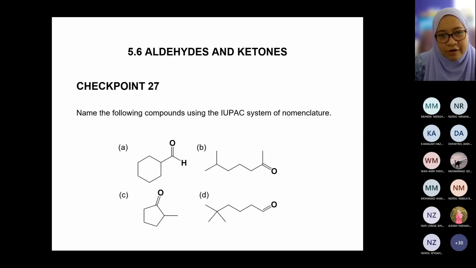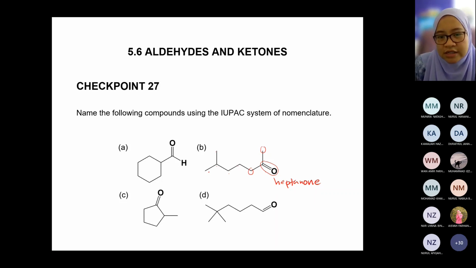Okay. So name the following compound using the IUPAC system of nomenclature. Maybe you can try out this one, B. Okay, 1, 2, 3, 4, 5, 6, 7. Okay, 1, 2, 3, 4, 5, 6, 7. Still 7, so it is heptanone. Why is it heptanone? Because this is ketone. Because this is C and this is also C. So it is